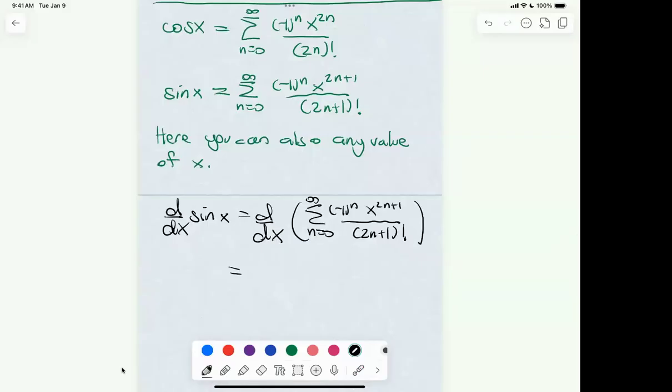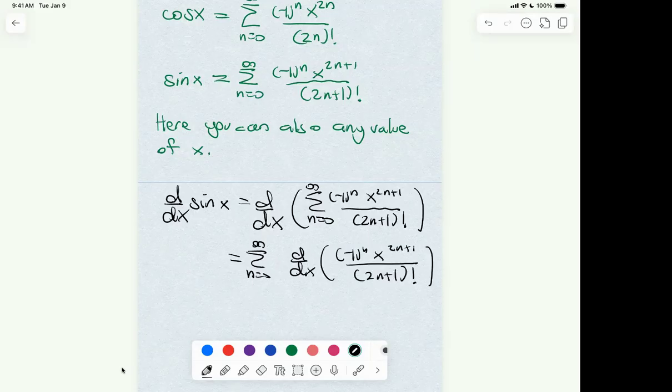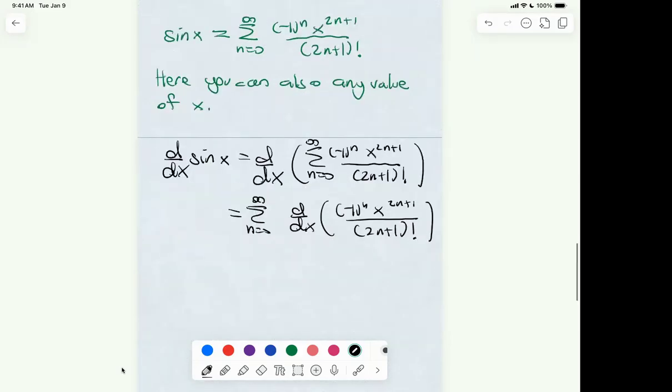The miracle with the power series is that you can exchange the order of taking the series and the derivative. So you are actually taking the derivative of these individual terms. What is the rule? The exponent comes down, so you get